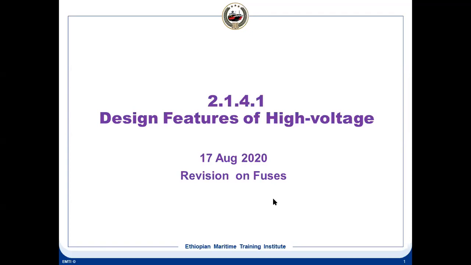Today we will see a few slides on the last class on fuses, a revision on fuses, and on completion of that we will go to high voltage. What are the hazards of high voltage, and what are the PPE required for high voltage, and we will see the permit to work system format, how you make a permit to work system. Also, we will touch upon risk assessment. What are the basic concepts of making a risk assessment? And if time permits, we'll do the insulation resistance test, and that's the last chapter. Okay. So we'll see high voltage.